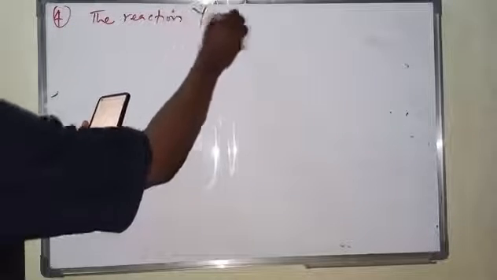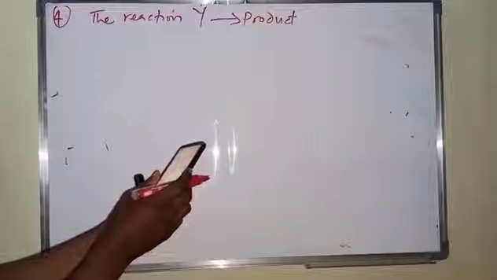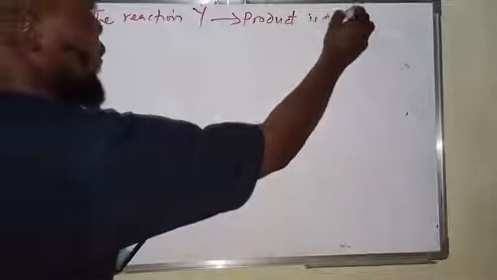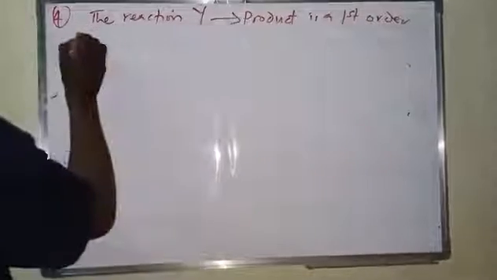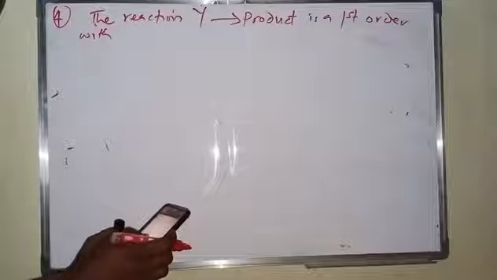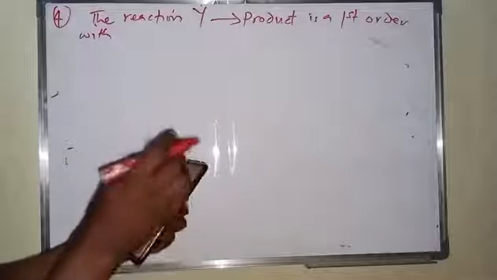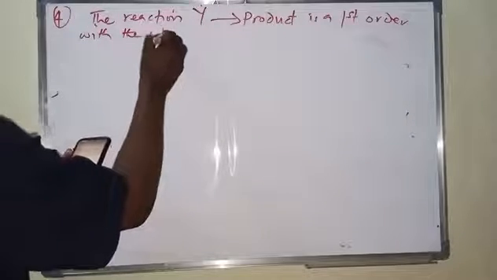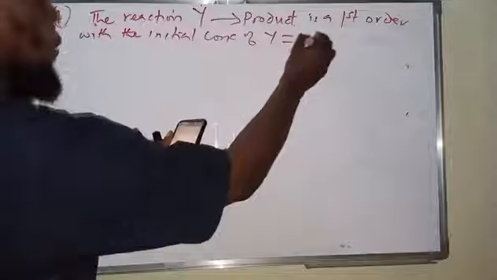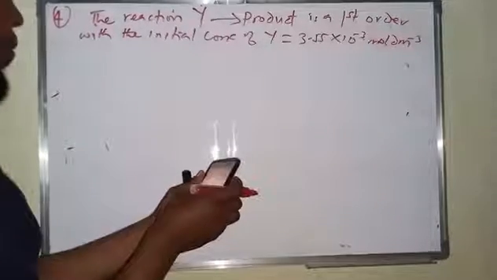The reaction Y going to the product is a first order reaction, with the initial concentration of Y being equal to 0.55 times 10 to the power minus 3 mole per dm cube,